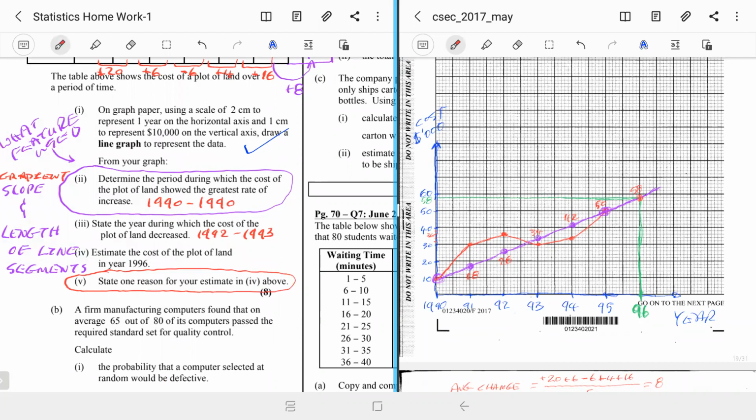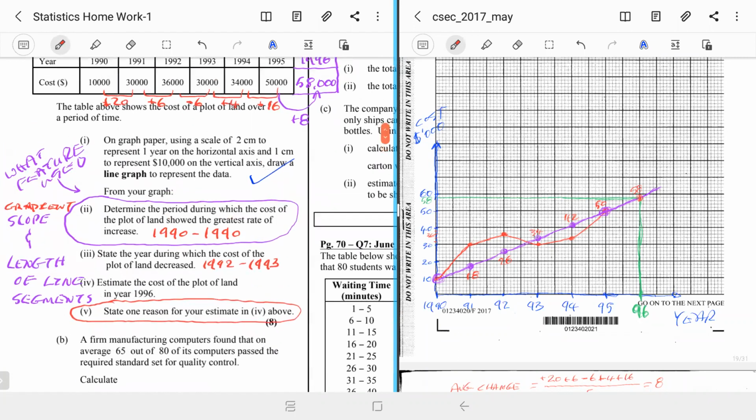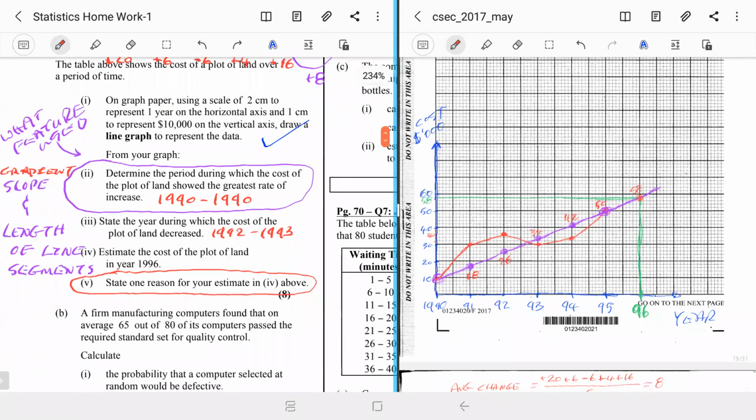We assume that the average change will remain constant. This 8 is the average change of the changes, and you assume that it will remain constant. Remember, this is 50 or 58,000. So that's what you say here. We assume